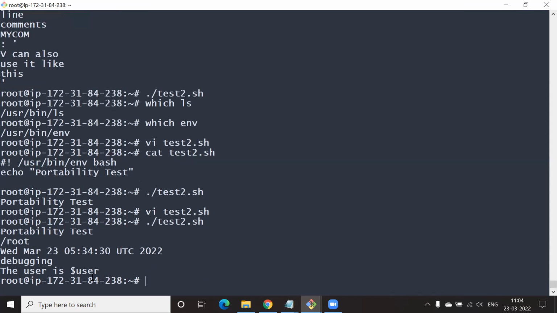Okay, do you see any problem here? It didn't replace the dollar user variable. Must put this. Good answer. Go back and fix it.